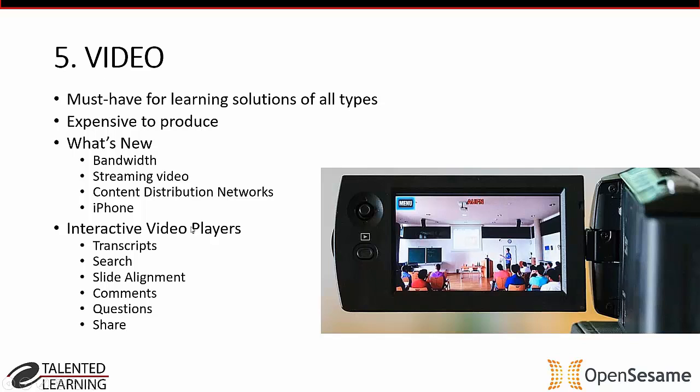They're allowing you to wrap transcripts around it, kind of like lynda.com, search the transcripts or search for any point in the video, synchronize slides, have comments or assessment questions pop up in the middle of the video, or additional resources, and give you the ability to share and edit your comments. So there's a lot of things now taking the normal video and layering on all these capabilities. And it's exciting. Every time we do a new RFP competition, I see somebody pushing the envelope on what they're doing with video.